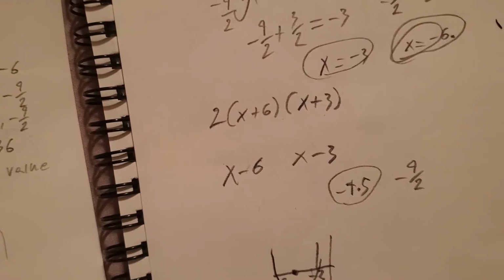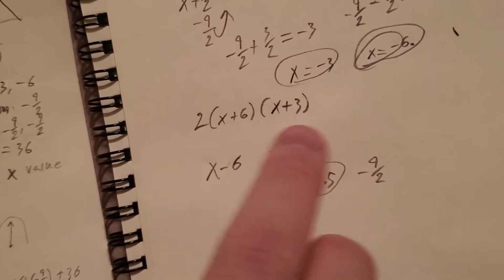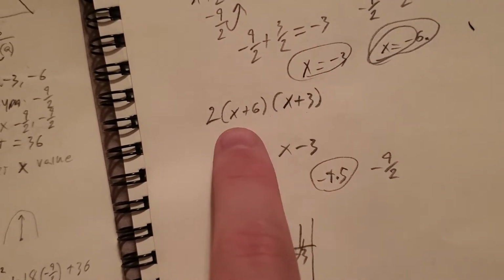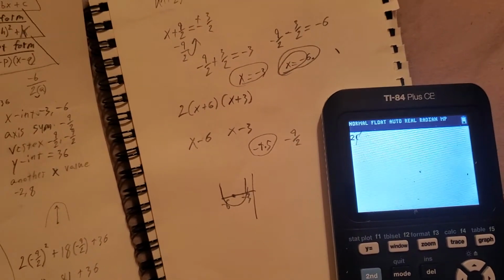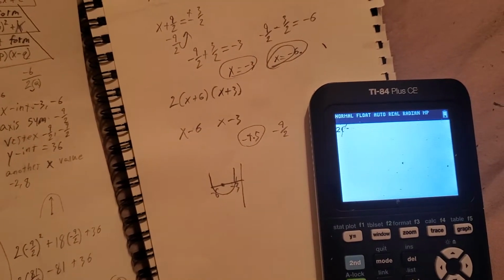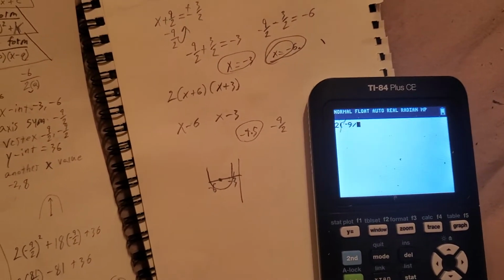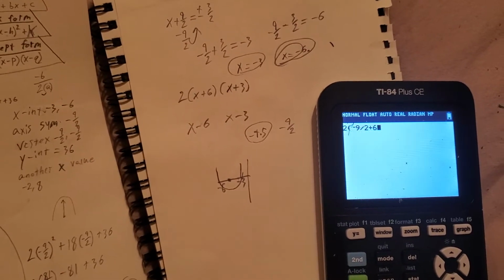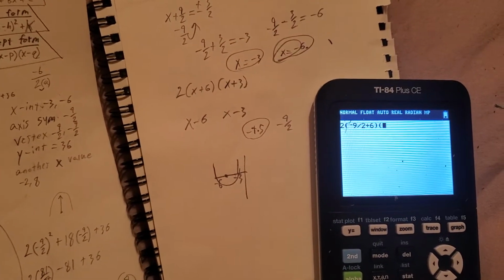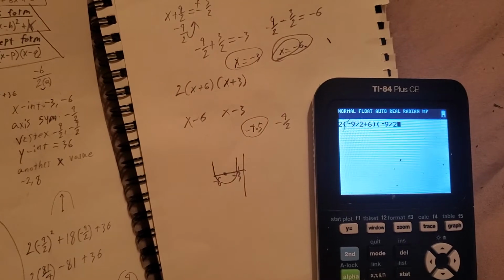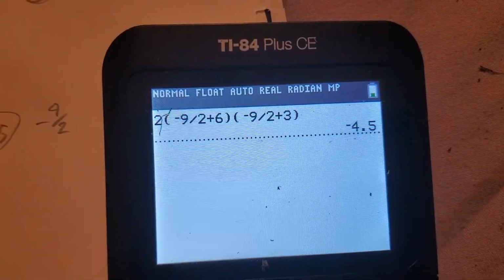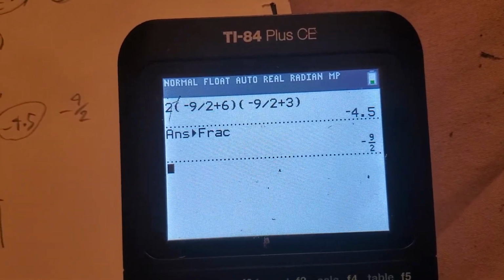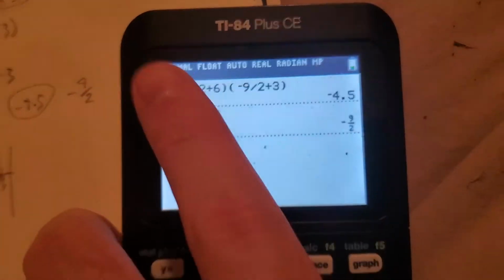Now remember, with the vertex and the y-intercept, when you plug it back into your original equation, you're going to have to solve the whole thing, not just what's in here. You're going to have to multiply it by 2 as well. We're going to take 2 times negative 9 divided by 2 plus 6, times negative 9 divided by 2 plus 3. And that gives us a vertex of negative 4.5, or negative 9 over 2,